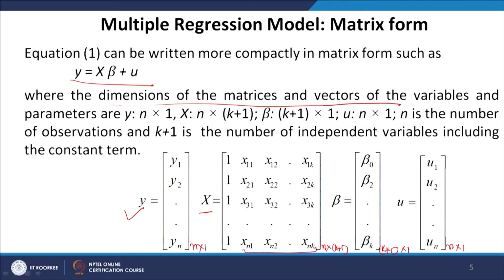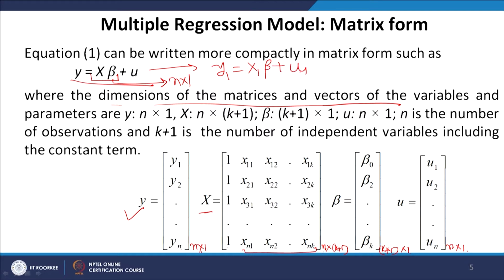You can see that we multiply x with beta. Multiplying x with beta, we have n by k plus 1 multiplied by k plus 1 by 1. So, x beta gives us a vector of n by 1, y is n by 1 and u is anyway n by 1. So, the equality has been established, and accordingly we can always write this model as y 1 equals x 1 beta plus u 1,